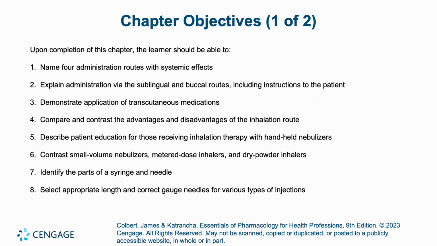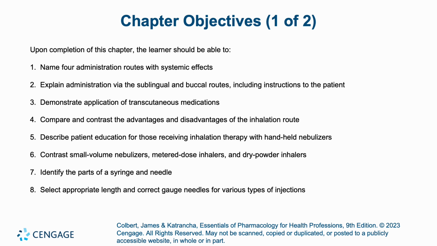Chapter Objectives. Upon completion of this chapter, the learner should be able to name 4 administration routes with systemic effects, explain administration via the sublingual and buccal routes, including instructions to the patient, demonstrate application of transcutaneous medications, compare and contrast the advantages and disadvantages of the inhalation route, describe patient education for those receiving inhalation therapy with handheld nebulizers,